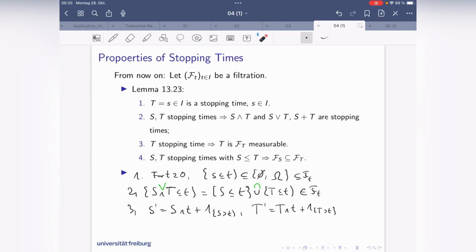So first of all, these two things, they are Ft measurable because S and T are stopping times, so S smaller or equal than t is in Ft, and that's just the complement. So this here is in Ft, that's also in Ft. And S minimum t is also Ft measurable because